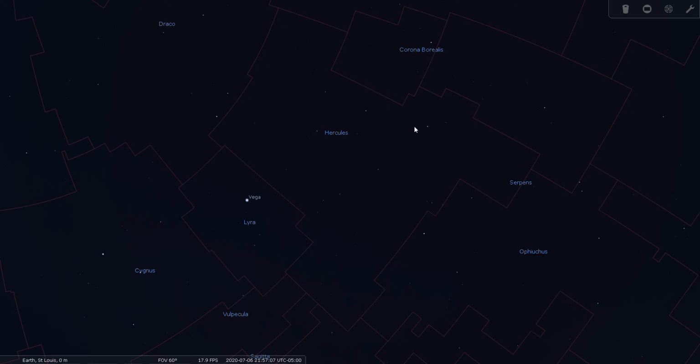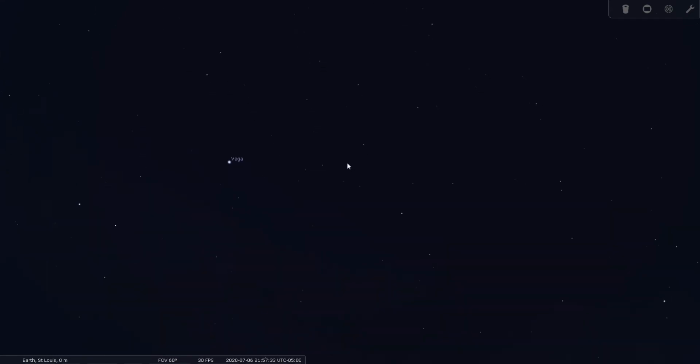So what do we want to look for in Hercules? I like to start with one of my favorite double stars that I think competes very well with Albireo, and that's Rasalgethi. Now, I'm going to try to do this from memory before I cheat here. So here's the keystone of Hercules. And let's see if I can find...